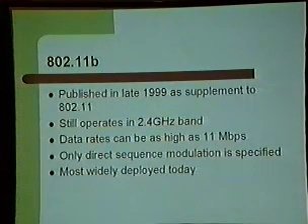So in late '99, they added a supplement to 802.11, 802.11b. And what that did, it increased the speed from 1 to 2 megabits to 11 megabits, which made it much more ideal for companies to start looking at the technology and see that it might be a good thing to implement. And then it changed to only use direct sequence modulation. And then, of course, 802.11b is what is most widely deployed today.